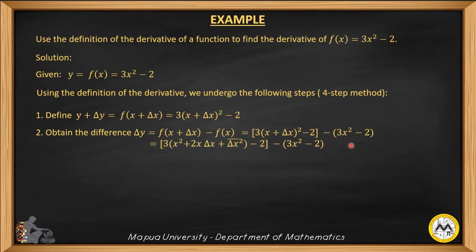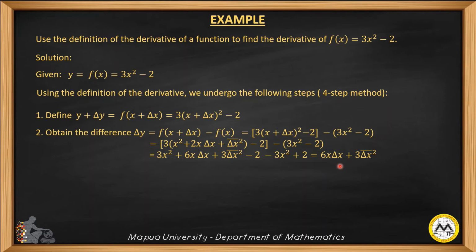So, in the process, you expand x plus delta x squared to give you this trinomial, so that what you have here now will just be the difference between these two expressions. Okay, and if these terms are multiplied by 3, then we will have 3x squared plus 6x delta x plus 3 delta x squared, then minus 2 minus 3x squared plus 2. Simplifying this expression by combining similar terms together would just give us 6x delta x plus